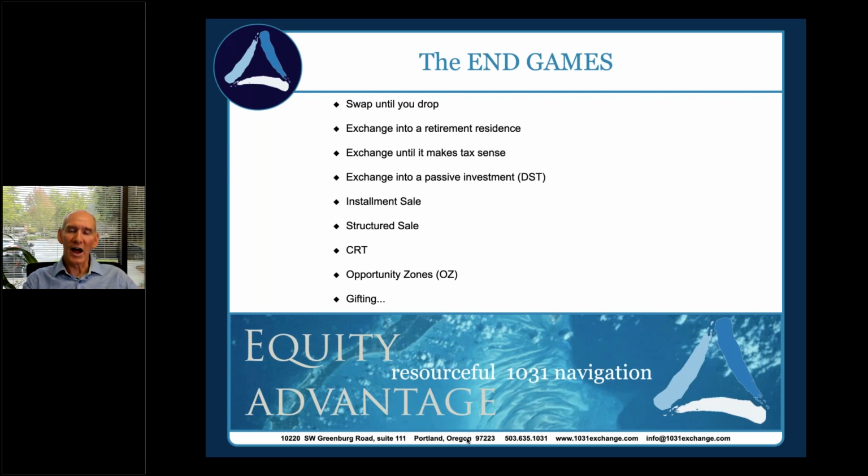So, there were roughly a half dozen DST sponsors post crash last time. And at last count, there's roughly 52 of them today. So I would stick with one of the half dozen heritage players if you're looking at that space. You can talk to your financial advisors about that. They are technically a security, so you're not going to buy them through a real estate broker. There are some real estate brokers that have gotten licensed in securities and can sell those. But typically you're looking at somebody in the securities world.